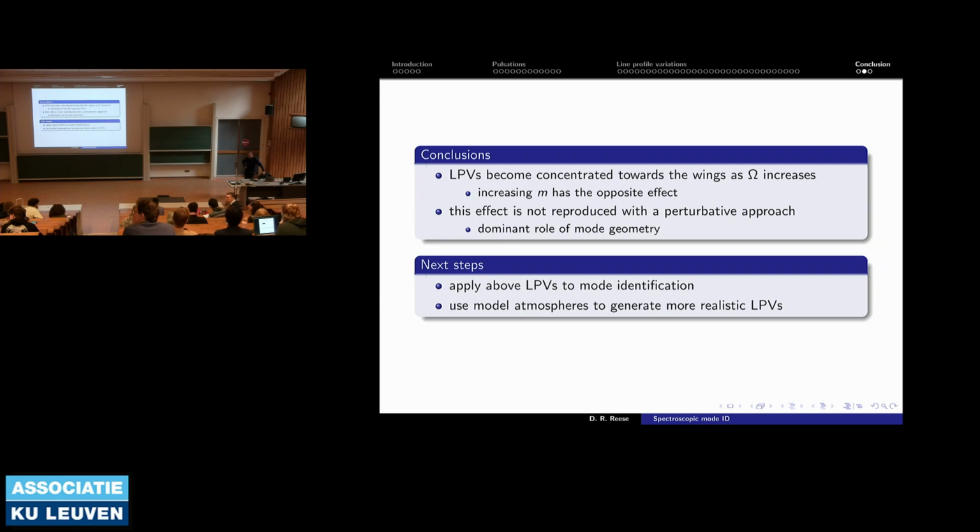All right, and if I may, do you have a feeling on the precision of the observation that you would like to have to enable mode identification? Because those line profile variations seem to be not so large, especially between different modes. Yeah, that's a good question. I have to admit, I'm more into the theoretical calculations. I don't have a very good feel on signal-to-noise ratio. But I think typical values would be ratios of 200 or so, which of course is tricky